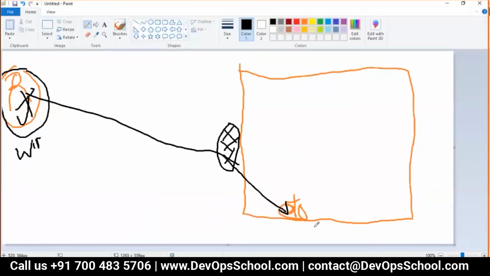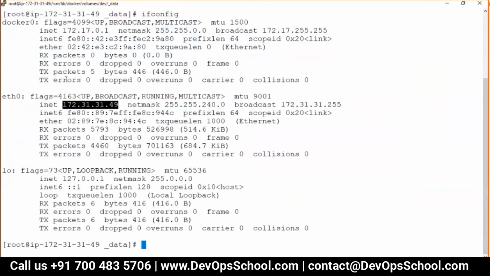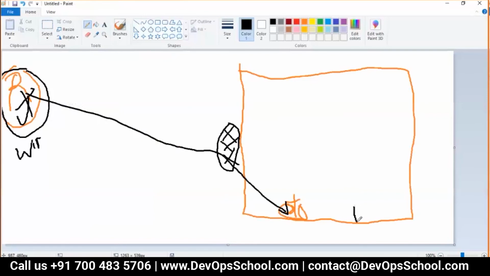Now look at this docker0. What is docker0? If you look at docker0, the IP range is 0.1, with the subnet mask. So docker0 is a bridge here. Yes, this is the bridge, something similar to this one. But there is a disadvantage here. This bridge is a soft bridge, and this one is a hardware bridge. You can understand that. This is created virtually, and this is created with hardware.